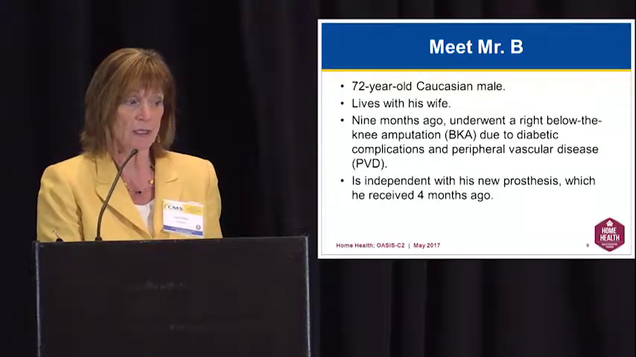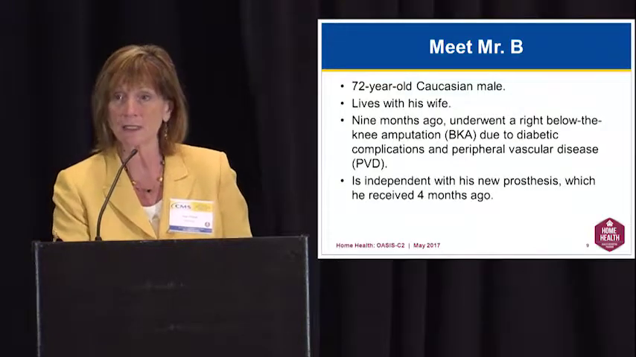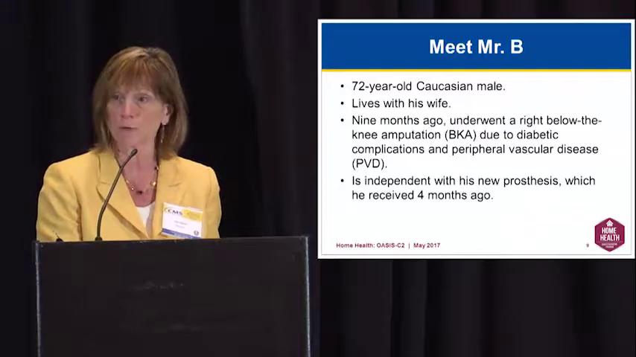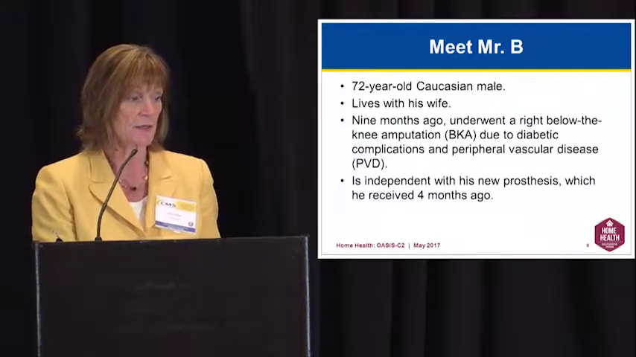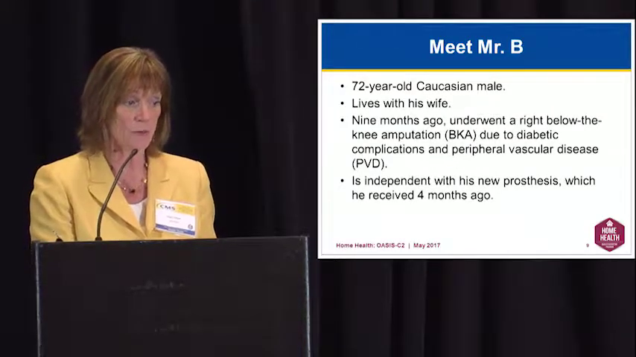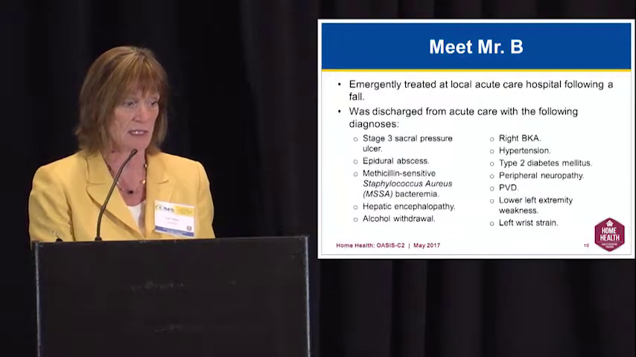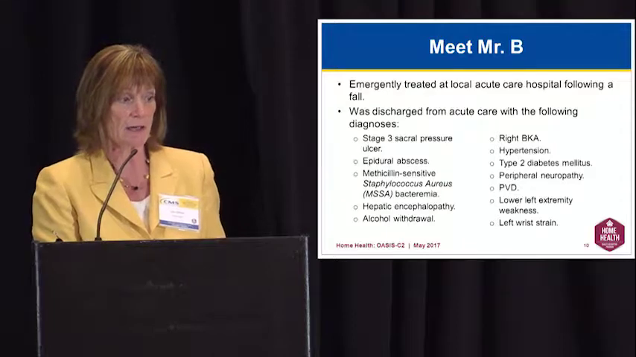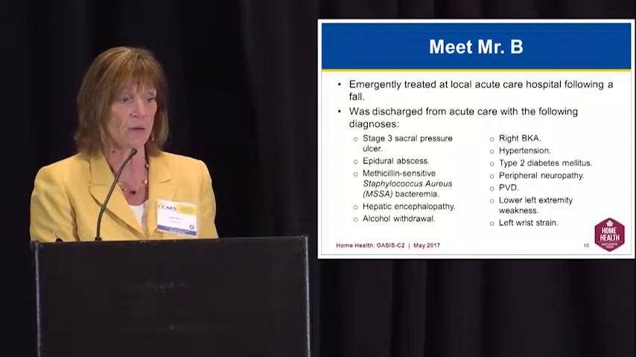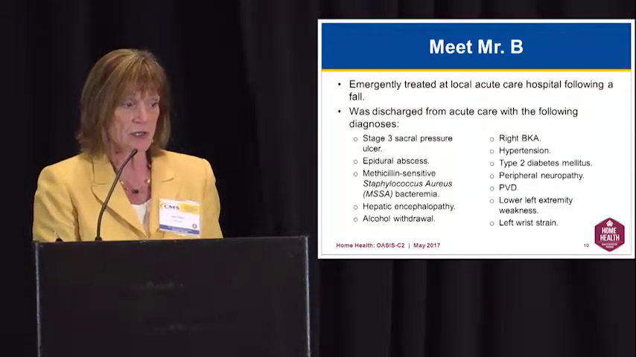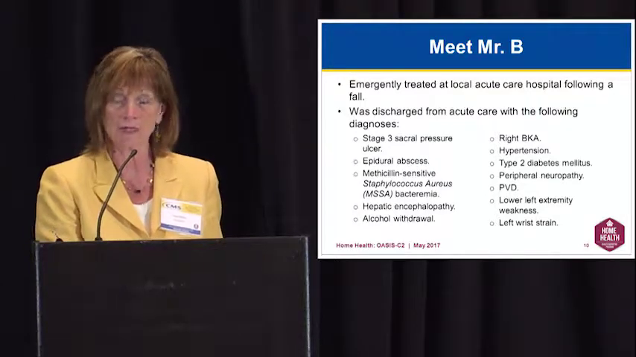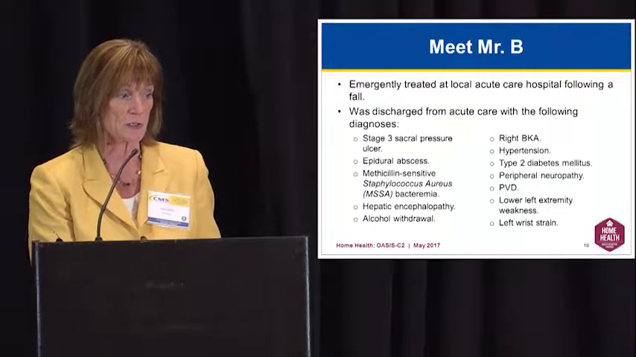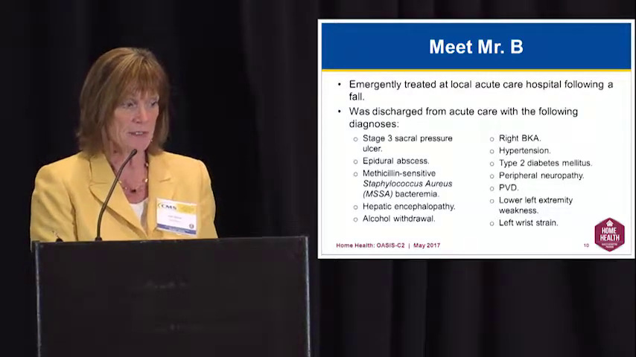Nine months ago, he underwent a right below-the-knee amputation due to diabetic complications and peripheral vascular disease. He was independent with his new prosthesis, which he received 4 months ago. He was emergently treated at a local acute care hospital following a fall, and was discharged from acute care with the following diagnosis. He had a stage 3 sacral pressure ulcer, an epidural abscess,